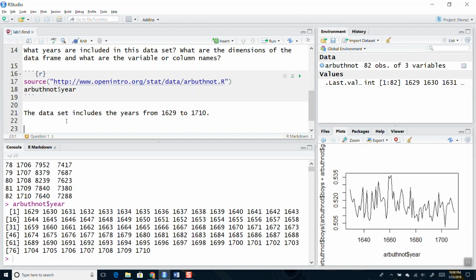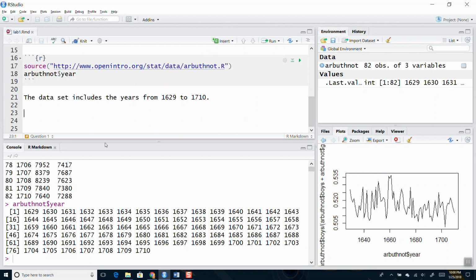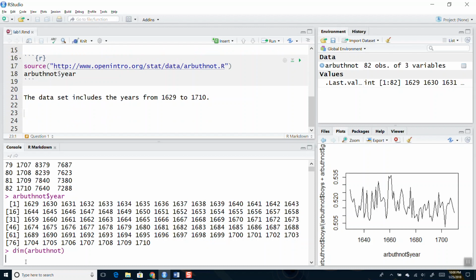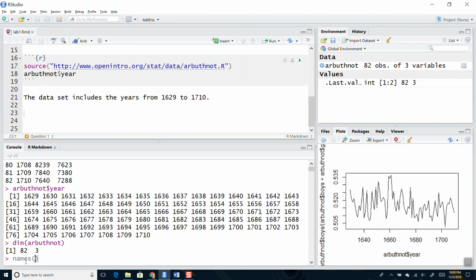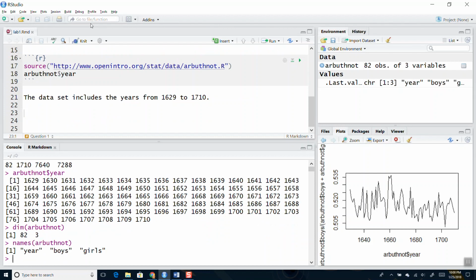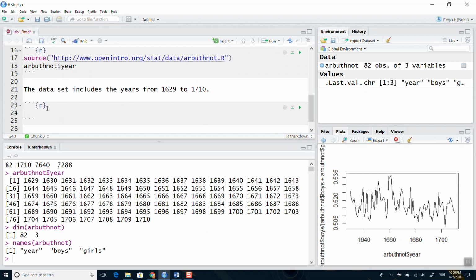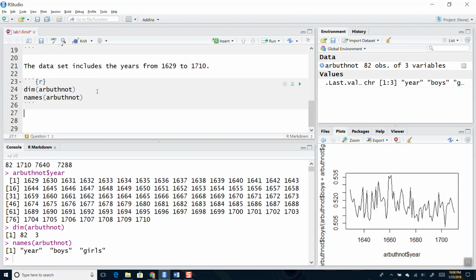Right? And then the next part says, what are the dimensions of the data frame and what are the variable or column names? Now to answer this, we typed in dim(Arbuthnot) and got 82, 3, and we asked for names(Arbuthnot) and got year, boys, girls. So I want to type these two commands into my R Markdown document. I'll click Insert R again, which gives me a place to insert some commands, and I'll type in dim(Arbuthnot), names(Arbuthnot), and I'm going to say